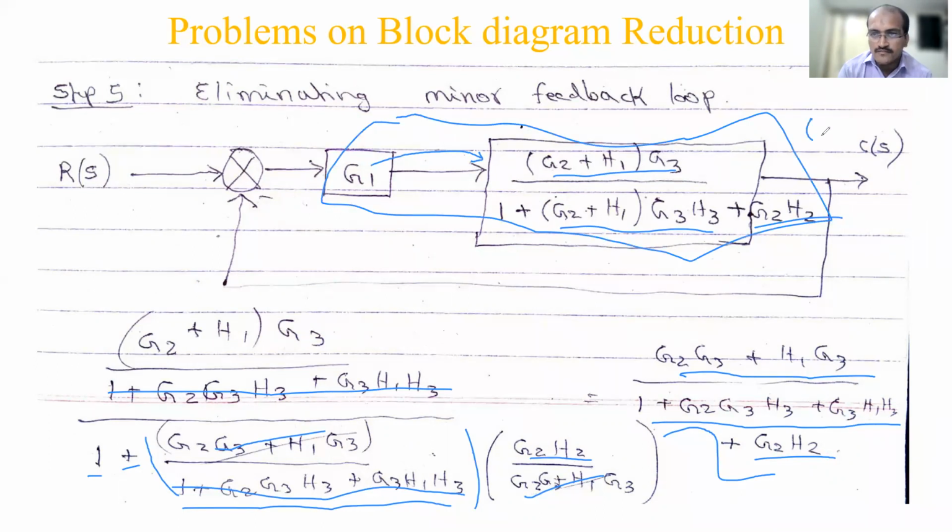This complete block will act as your new G now, because another minor feedback loop is there, the last block, right? And this is your H. H is nothing, meaning what? It is 1. So H is 1. Previously I have done how to solve a unity feedback system, and since the minus sign is there, G divided by 1 plus GH will come. So you'll get the final elimination. Okay, so final step.